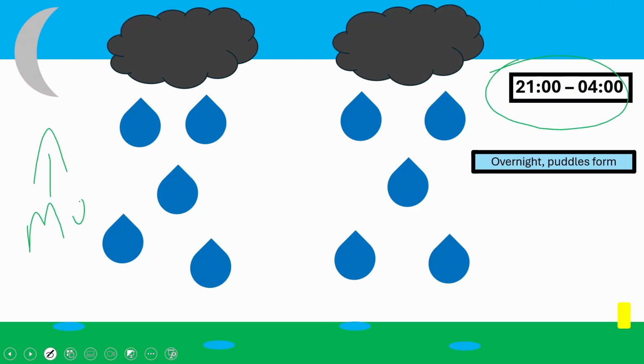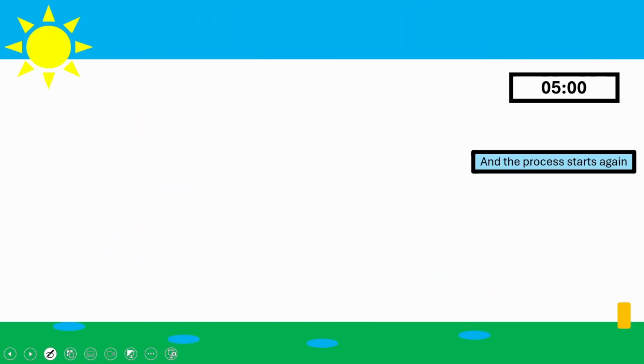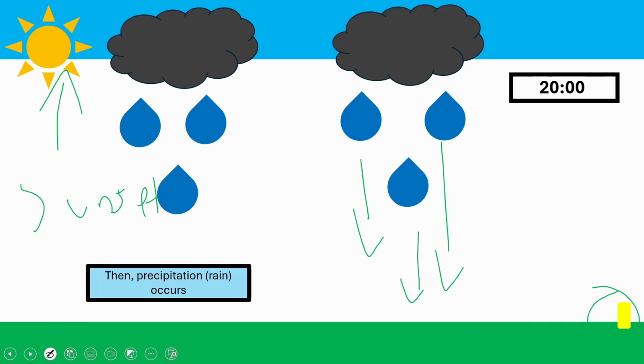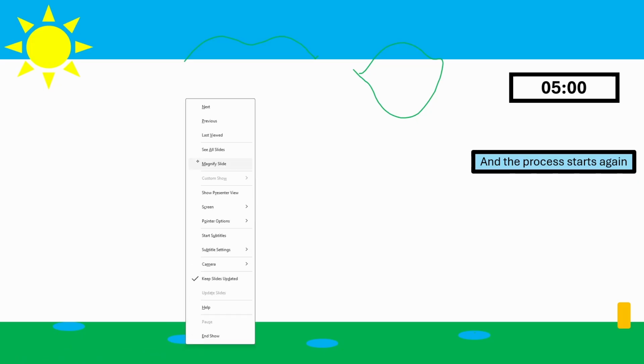There's the moon here. And you can see here that these are the really dark clouds, and eventually these clouds will turn light again because all of the collided water vapour and water droplets that they've been holding on to will end up down here, resulting in all this going away. And as you can see, 5 a.m, sunrise, the process starts again. All of the water is now on the puddles from the precipitation, and then the process begins again with the water being down here on the puddles and ready to form some clouds later on in the day after the water vapour goes up,